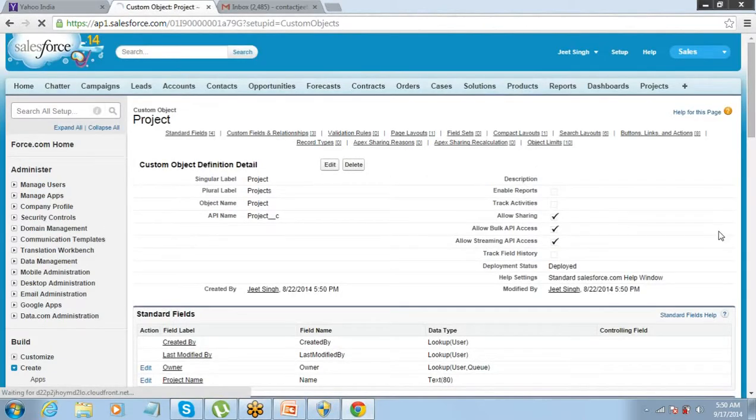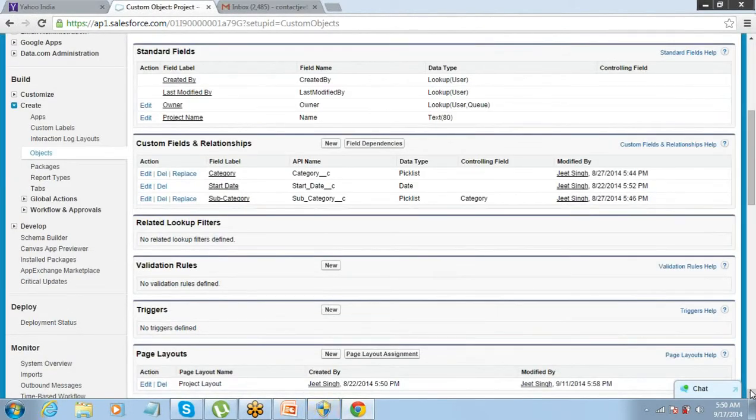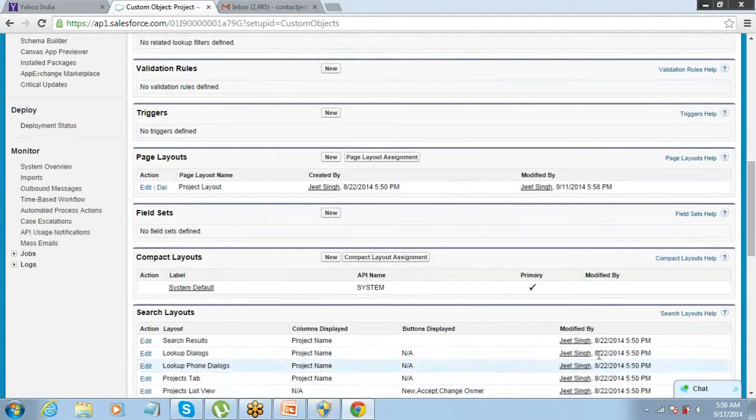Select that object. If you scroll down a little, you will see the page layouts. Here it is.